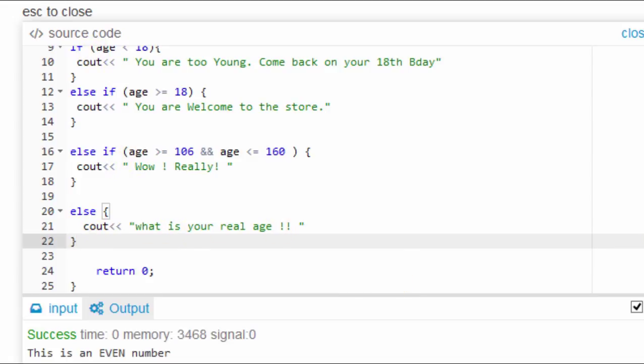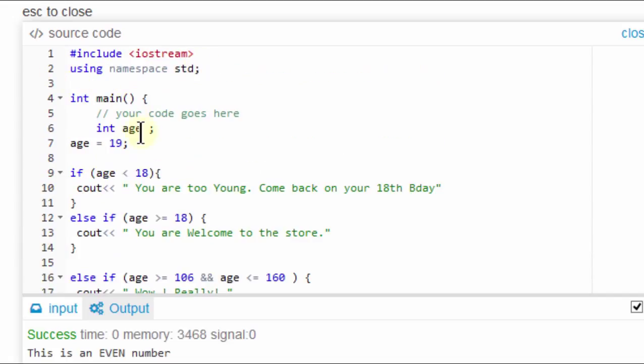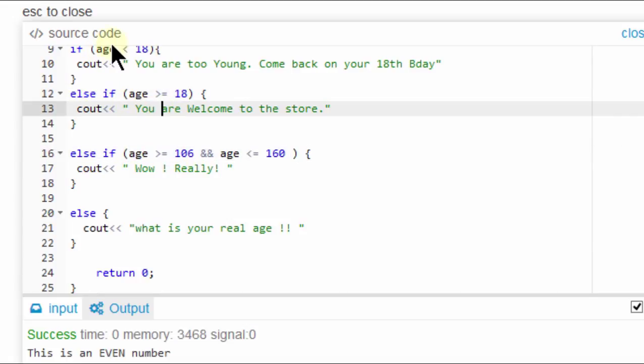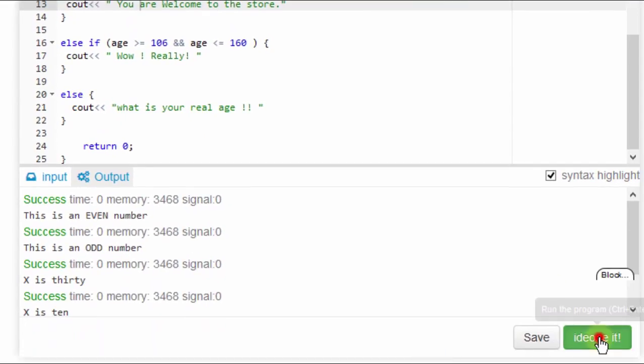So if I run this at this point, I have just made the value of age to be 19. So that means that we are going to expect the statement which says if age is greater than 18 to get run. Although this is not a very good way for me to have done it. I should also have added if it is less than this one, but I know since it is greater than 18, this one will get run. Let's just see what happens. So if I run this,